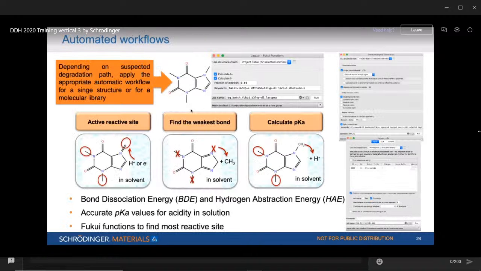Okay, and also we have an automated workflow to understand the ligand molecules. So if you have a ligand molecule, let's say this ligand molecule is going to go through some kind of degradation or some kind of chemical reaction. We have to find out what is the weakest link in this molecule, where this molecule is going to break into pieces. So what kind of degradant product can come out of this, fragments that can come out of this